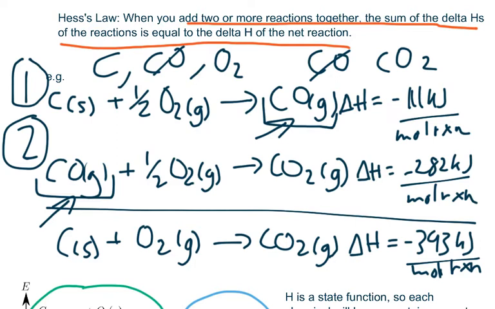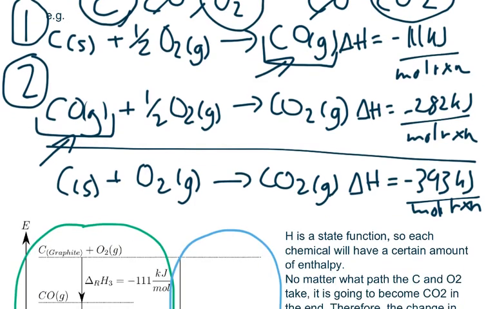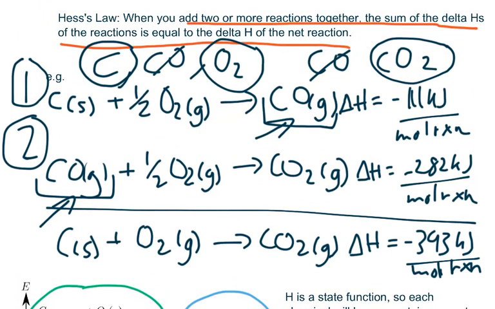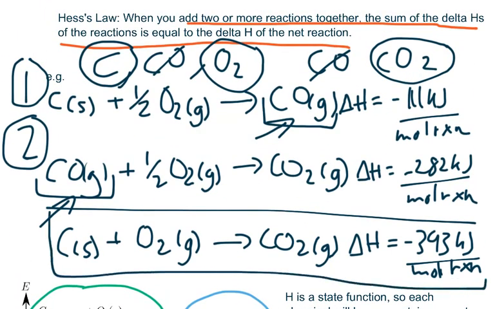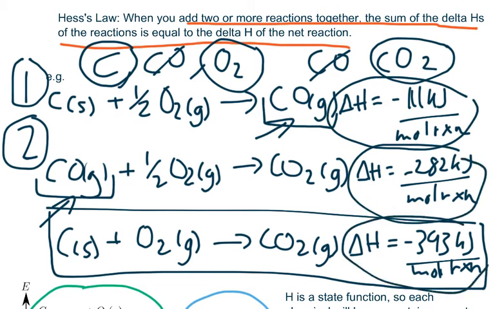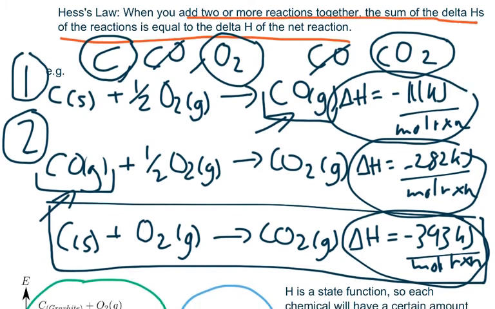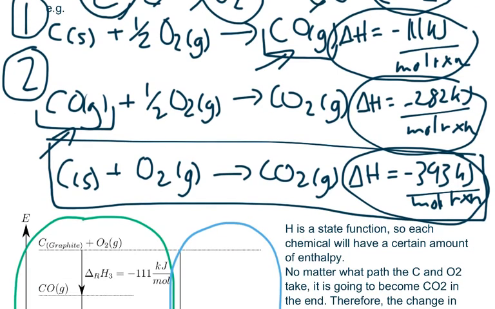So that means that our final reaction will be 1 mole of C plus 1 mole of O2 to make 1 mole of CO2. So here we are. This is our net reaction. And notice that by adding these two reactions together, you can also add their delta H's together to get the delta H of the final reaction. So negative 111 kilojoules per mole of reaction plus negative 282 kilojoules per mole reaction gives you negative 393 kilojoules